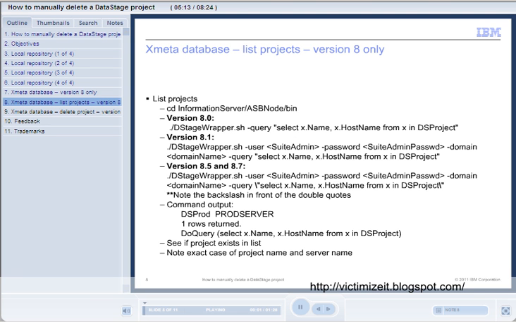The first step is to list out the projects to see if the one you are deleting is in XMeta. There are times when the project is only left in the local repository and not in XMeta. You will need to determine if the project does in fact exist in XMeta. Change directories to the Information Server /ASB node/bin directory. Using the DStage wrapper command, list out the projects and check to see if the project to be deleted is in the list. For version 8.0, the command is